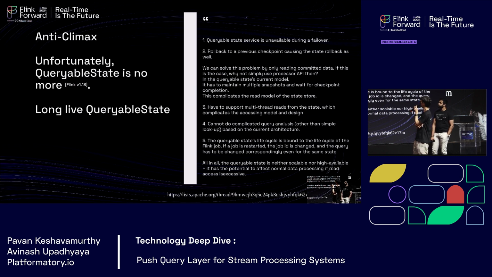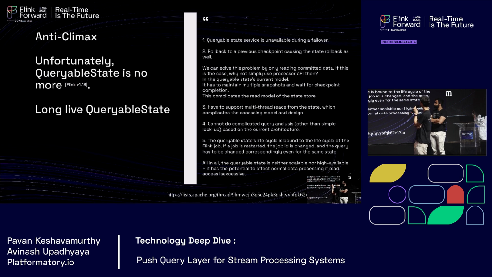So if a previous rollback needs to be done, then the state needs to be rolled back as well. And for point number 2, there are many associated technical reasons specifically about the complexity of the read model. We'll not go into the details, but broadly, those are the reasons.